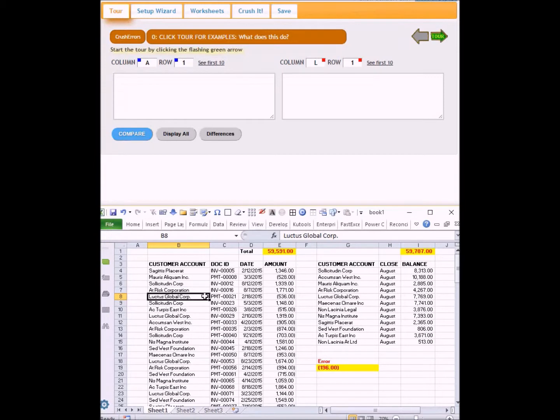I'm going to demonstrate the new setup wizard at crusherrors.com. It makes it so much easier to actually do any kind of reconciliation. So in this case, we are going to reconcile the activity against the balances for customer transactions, for payments and